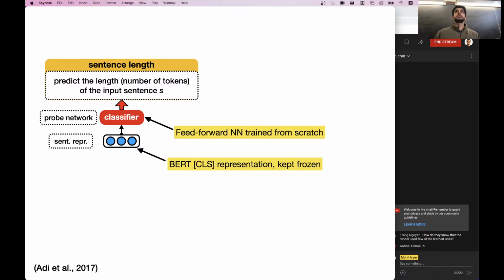All right, so any questions about this overall format? So the representation that we're feeding in as input to the classifier is taken from some intermediate state of the word model. Is that correct? Yeah, so in general, if you're doing sentence level or sequence level probing, you're going to be taking those representations from the final layer of the